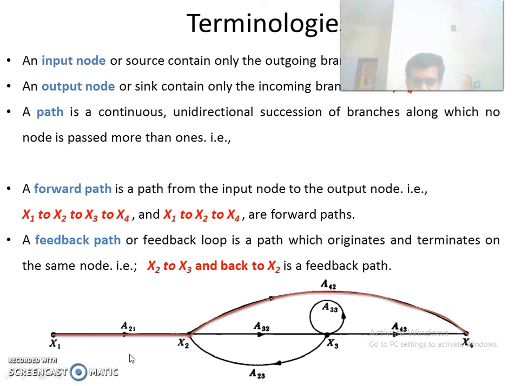What is feedback path? Feedback loop is a path which originates and terminates on the same node. So if it originates